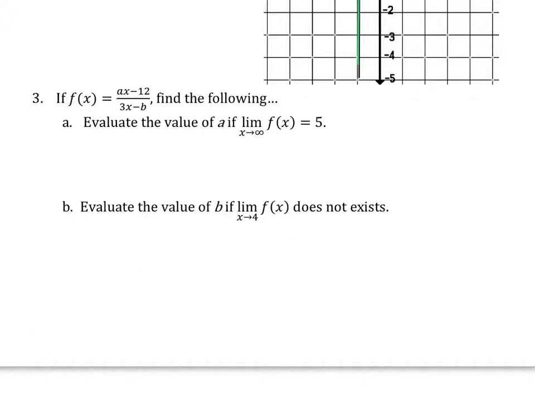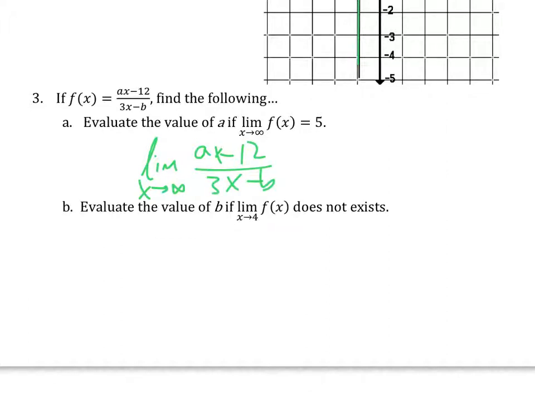Here's a good problem. This is an AP test kind of problem. So we've got a rational function, and we got some missing values. So we want to know what would make this limit go to 5. Well, the limit will go to 5 if this function at infinity is 5. So the limit as x goes to infinity of ax minus 12 all over 3x minus